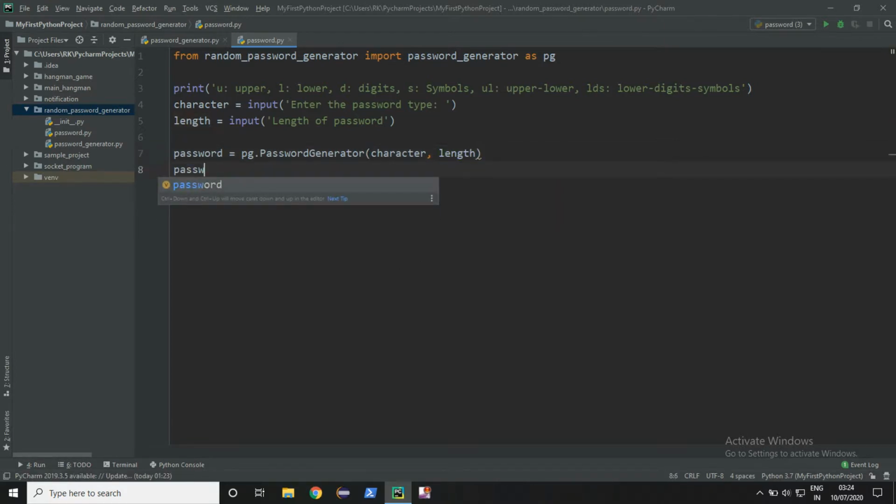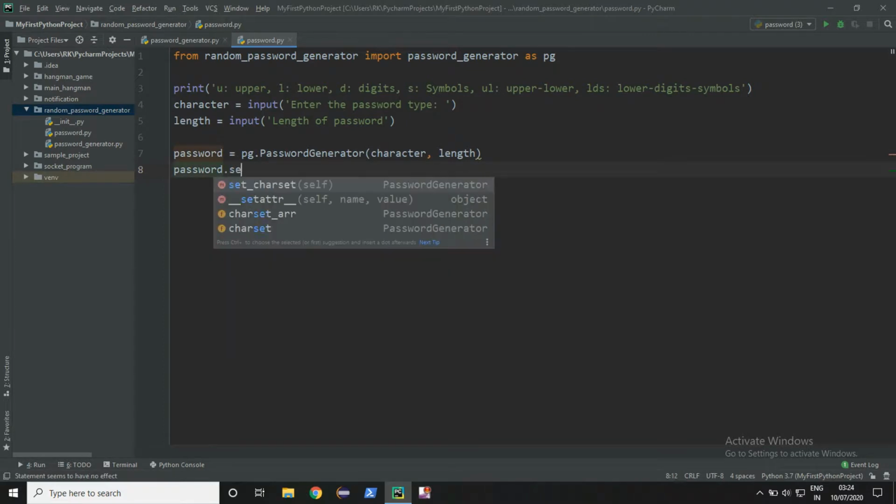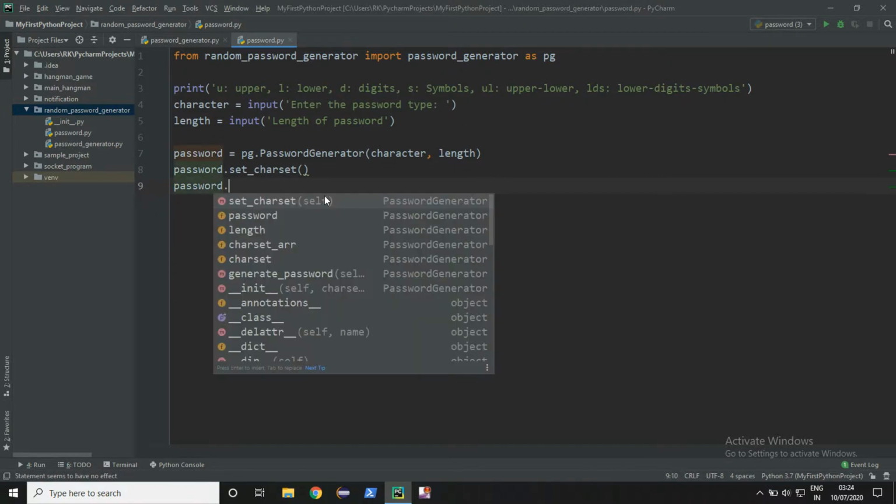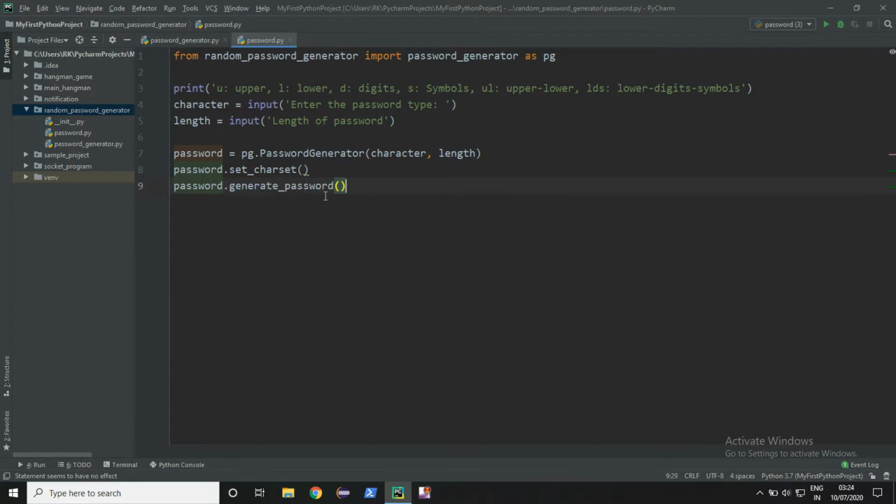Now after that we will set the char set, that is the characters provided by the user, and finally we are going to generate the password, that is generate password.